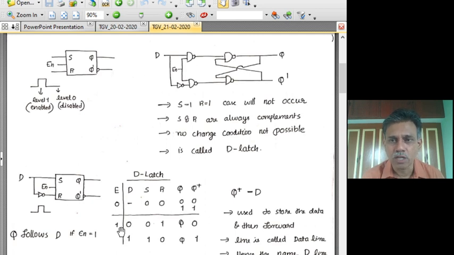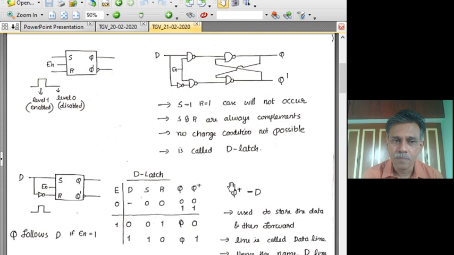The corresponding truth table, K-map, you can construct and come up with the characteristic equation of the D latch. But we know from this that Q plus is nothing but D. So this is the equation that we get as long as E is 1. So we can write it as Q plus is E into D. But it is not just E into D, because when E is 0, Q plus is not 0. It retains the original value, but we can of course come up with an equation for it.